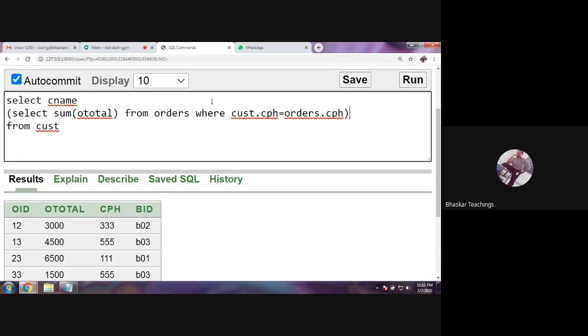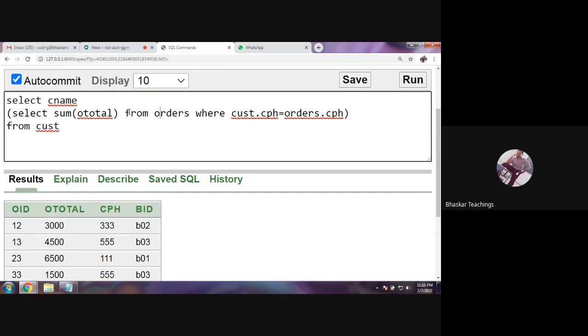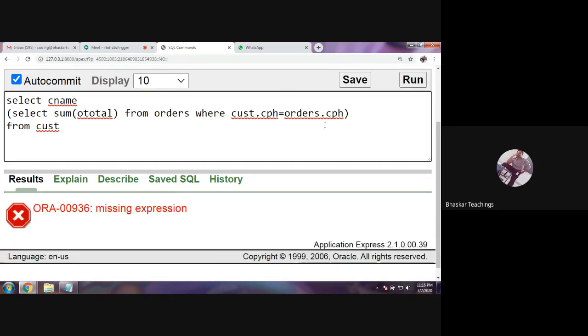So this would print me the customer name from the customer table, and this would print me the total of the orders, the total bill of the customers from the CUST table. Missing expression. Okay, sorry.